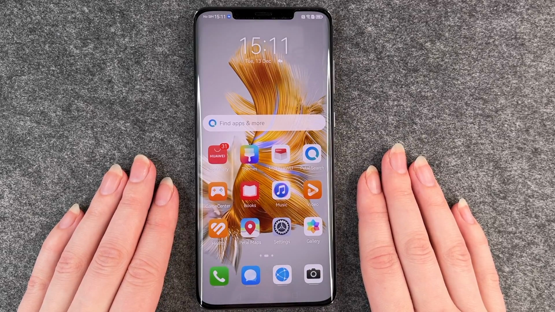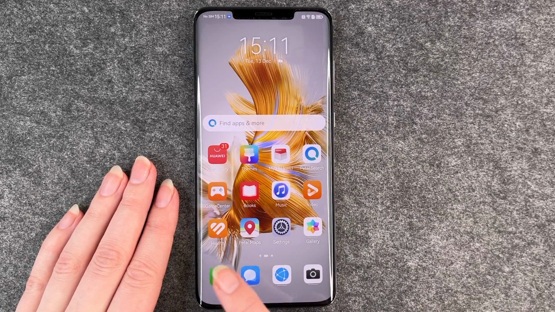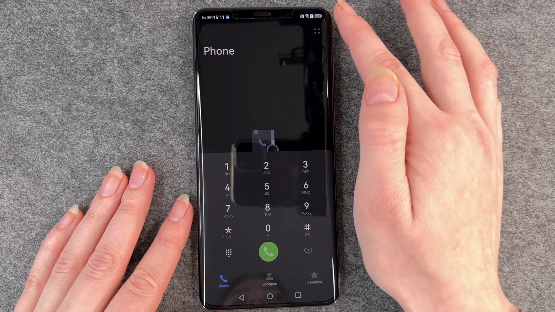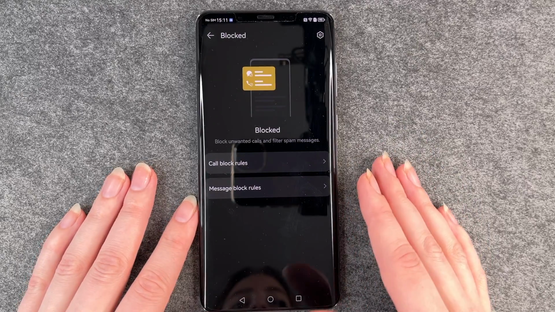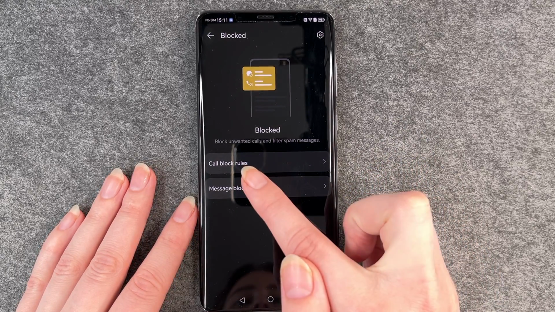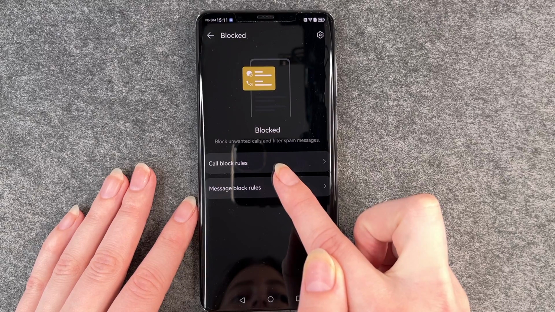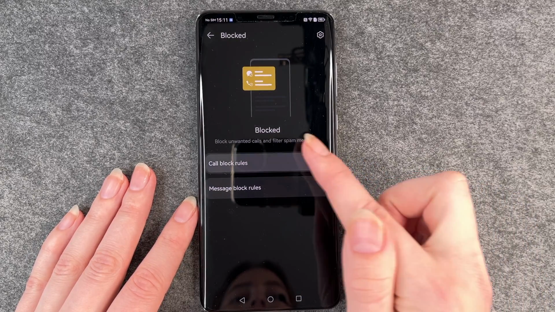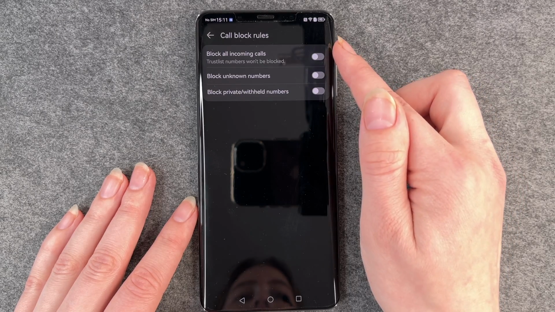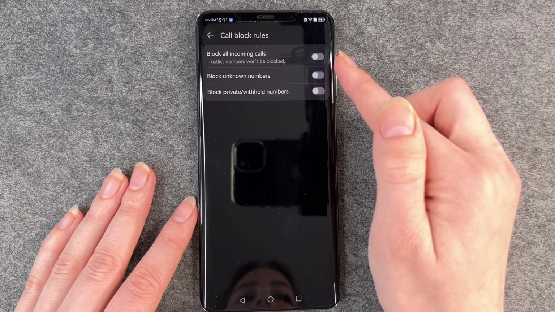Today I'm going to show you how you can block numbers on your HUAWEI Mate 50 Pro. For that you want to go to your phone icon and then click on these four little dots here and then click on blocked. And here you have two different options. First it says block unwanted callers and filter spam messages. So if you click on call block rules, you have the option to enable and disable all these things